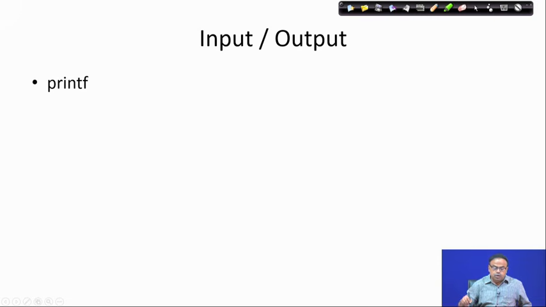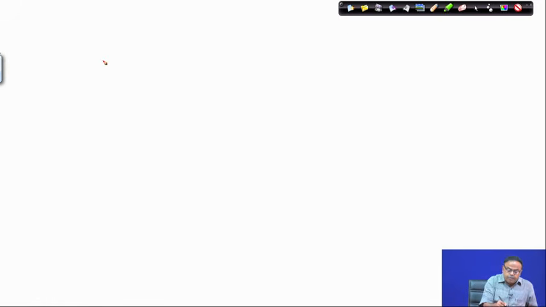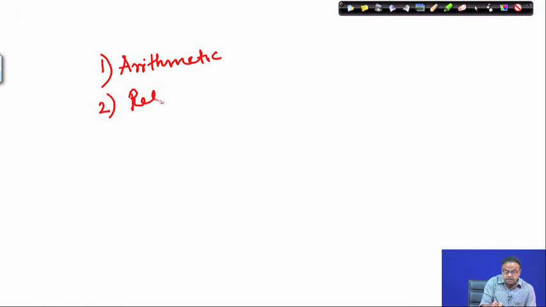Now, we have seen 3 types of operators. One is the arithmetic operators, the next is relational operators, and the third one is logical operators.